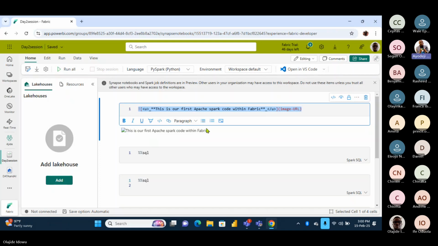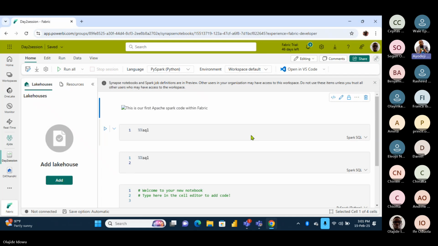You can add a hyperlink, image URL, anything you feel like adding. But at those points, click outside the cell. If you click outside the cell, it would have created for us a markdown. A markdown is just a description, but well formatted in a way that you will love. The header, everything you want to do is there. Now that you have seen this environment, I want to introduce us to what we call data frame.